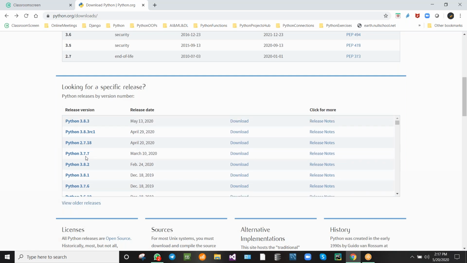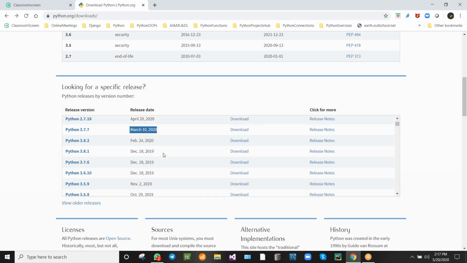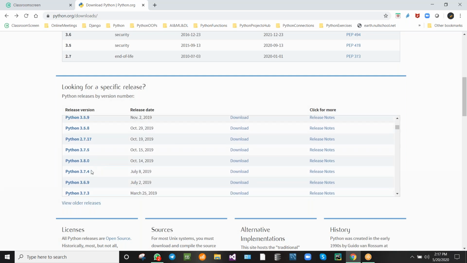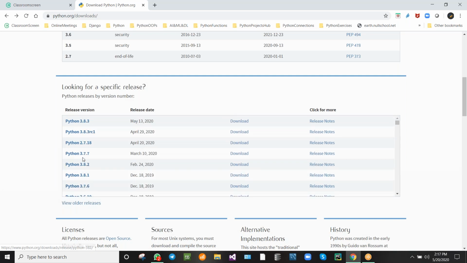We need to download this version, and we can run the project that was done in the 3.7 version with this latest version.